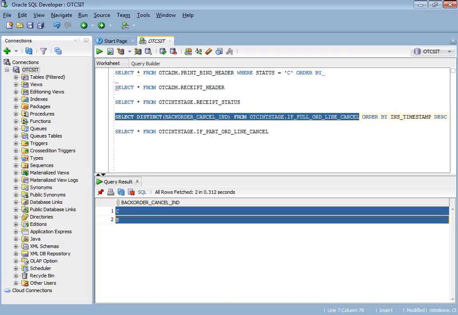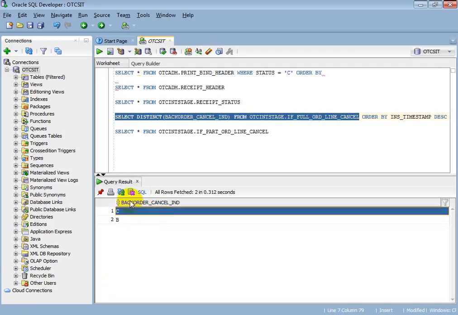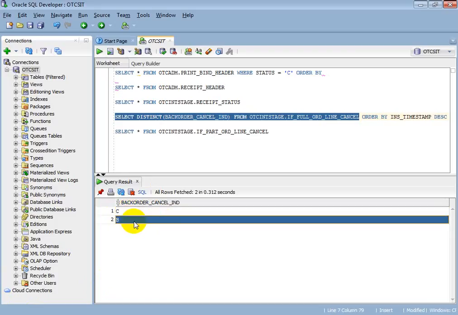So that's the main difference for these two. If your order comes with indicator C, the line status will be updated in OTC as cancelled. If it comes with B, then the status will be updated as backorder.